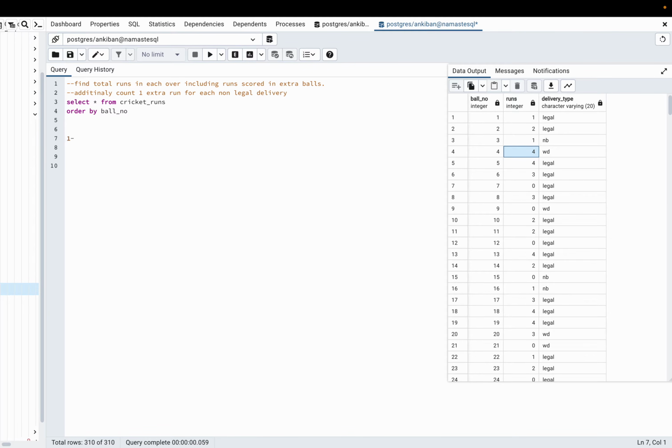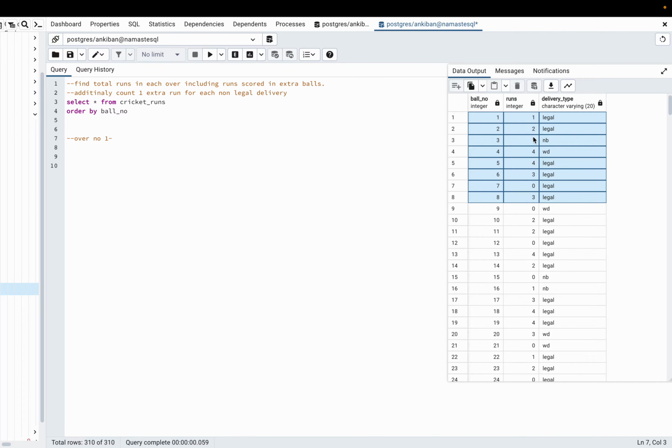Over number 1. Starting from here, we need 6 legal deliveries: 1, 2, 3, 4, 5, 6. So over number 1 goes till ball number 8, not till 6, because there is 1 no ball and 1 wide ball. We have to consider that. So there are 6 legal balls.